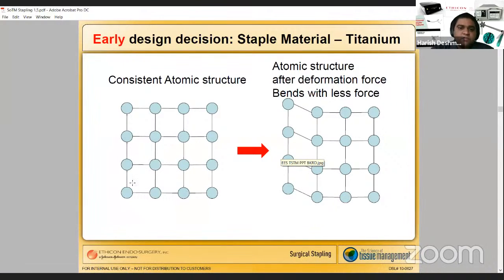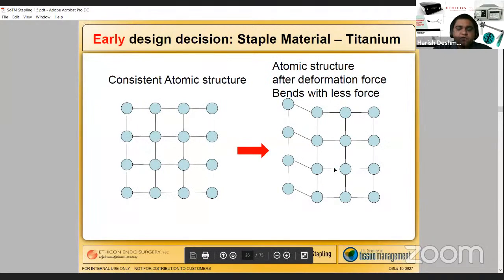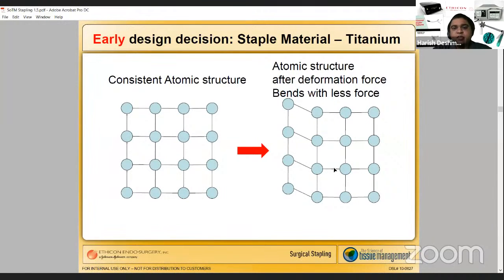So if you talk about the staplers, this is in the open shape condition. This is in the closed staple formation. The issue with pure titanium is that it is very soft in nature. It requires less force to bend, and also less force to open up or to reform to the same structure. So if you